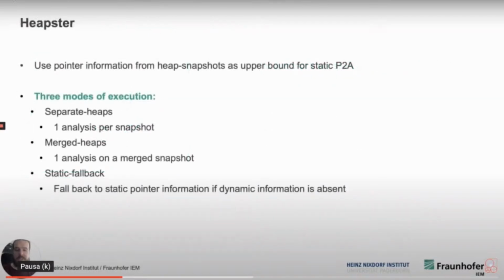For that, we designed the blended taint analysis heap stem, where we use the pointer information from heap snapshots as an upper bound for the pointer analysis of Java fields. Thereby, we trade off recall from the static model for increasing precision through restricting the static pointer information to only dynamically seen objects. Our design especially enables 3 different modes of execution: separate heaps, where multiple snapshots are used with